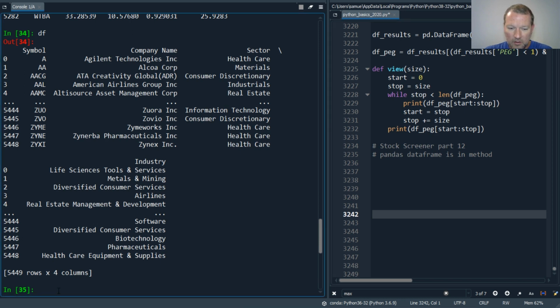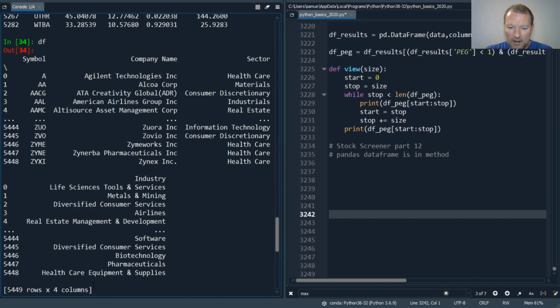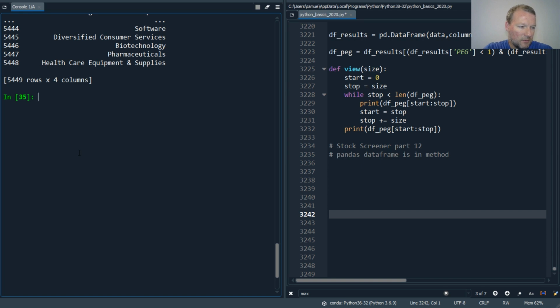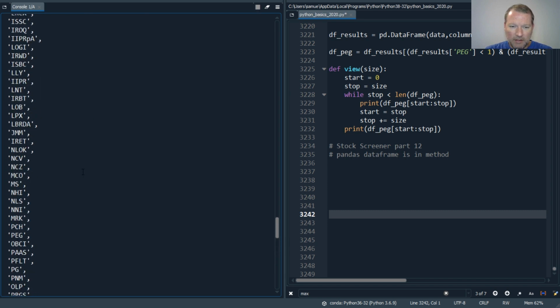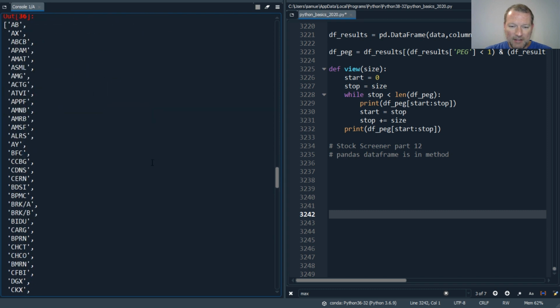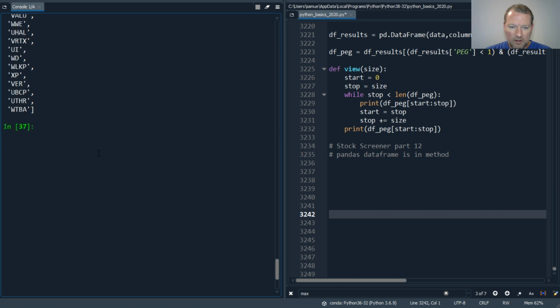So we need to pull out, it takes it as a list. So df symbols equals df peg symbol. Close this out. Then I'm going to put this into a list, because like I said, my isin method takes a list. So now I have from my here df symbols. So boom, here's my list of tickers, and then I'm going to pass this into this,